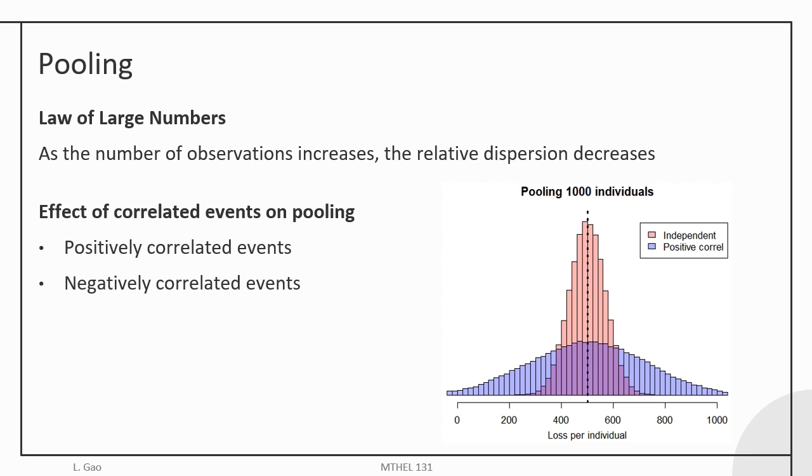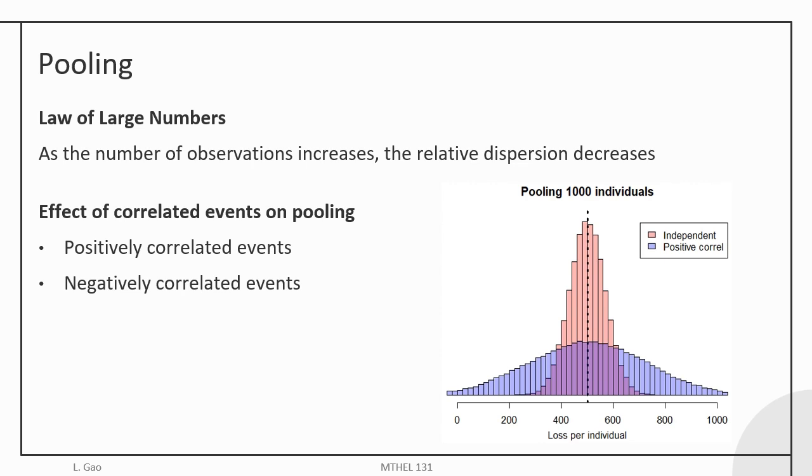Because if we think about it sort of intuitively, what's going on in the distribution of the total losses, then there's going to be more probability mass at both extremes, right? The probability of both car accidents occurring becomes larger, and also the probability of both car accidents not occurring increases. And so the expected loss still stays the same, but there's just greater dispersion compared to if the losses were independent. So there is still benefit to pooling, as in it's still better to pool than to not pool, but it's just that benefit decreases in the presence of positive correlation.